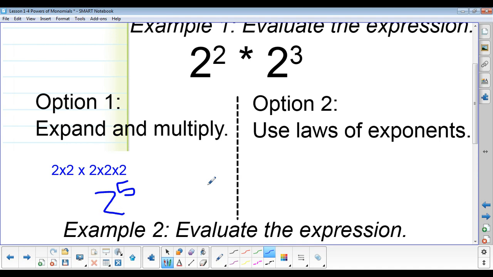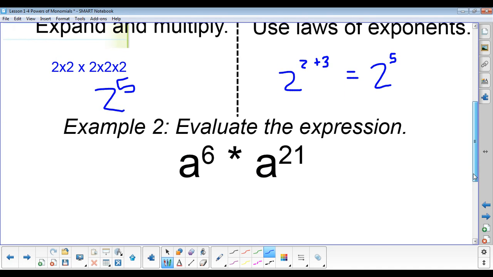While it's not too difficult to expand and multiply, it is relatively quicker to simply take the exponents from the two terms, add them together, and we get 2 to the 5th power. The reason we have this shortcut isn't for problems like this, which are relatively simple to expand, but for problems